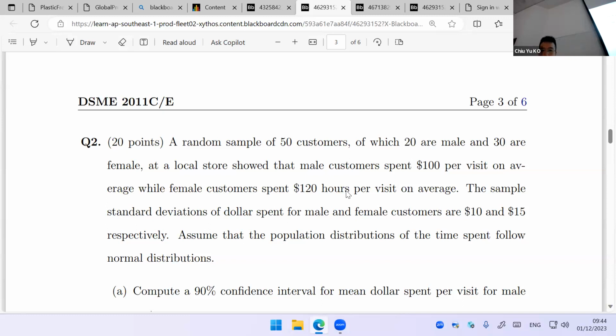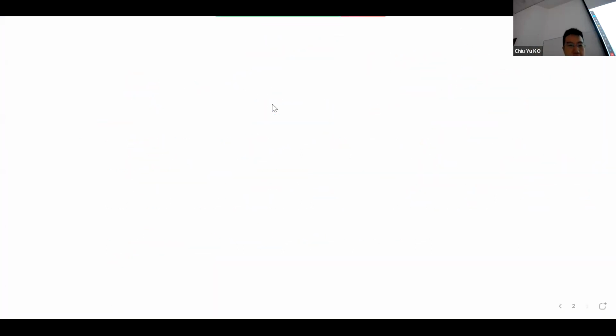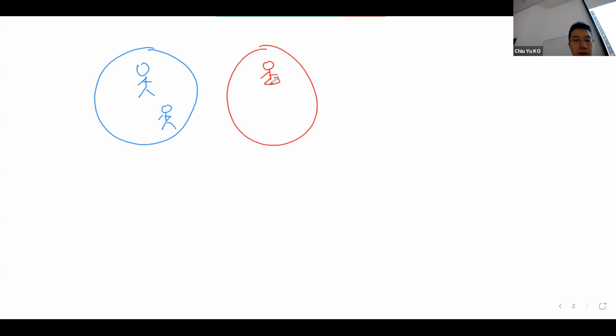And let's write that down on our whiteboard first. So what it says is, in our model, we have a bunch of boys, and a number of girls. And in the sample we got is